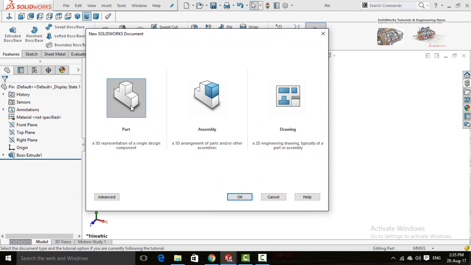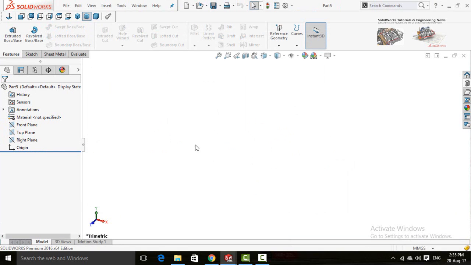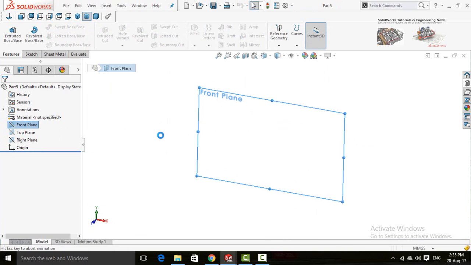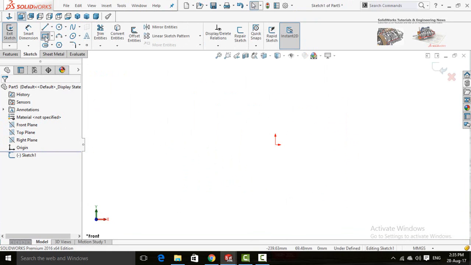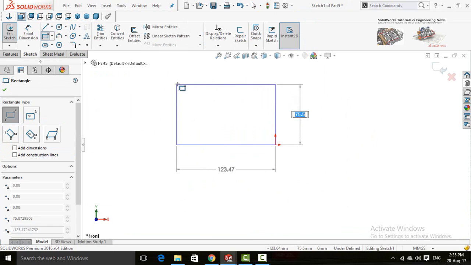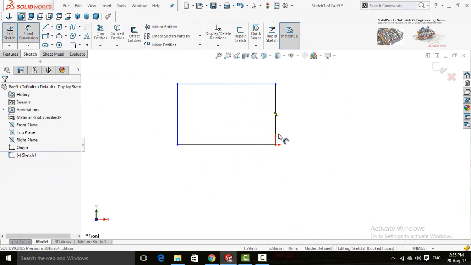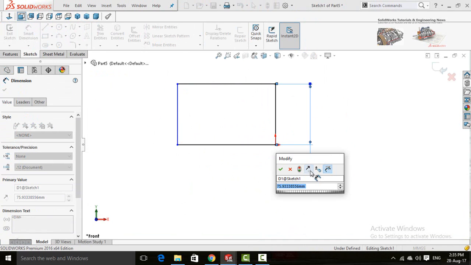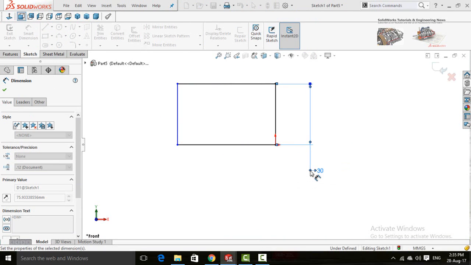Again create a new part, sketch on front plane and draw a rectangle. Define it 30 mm.